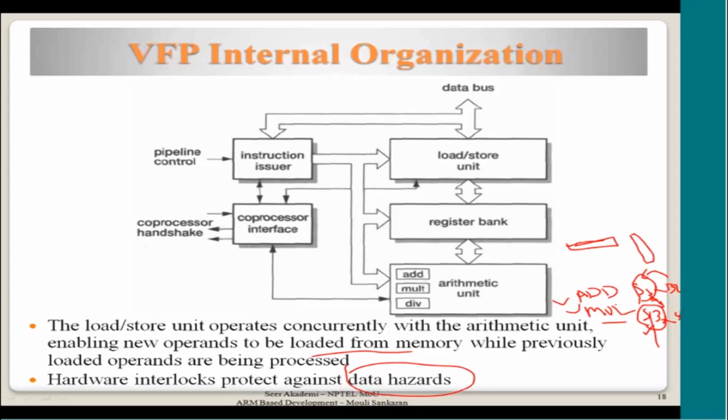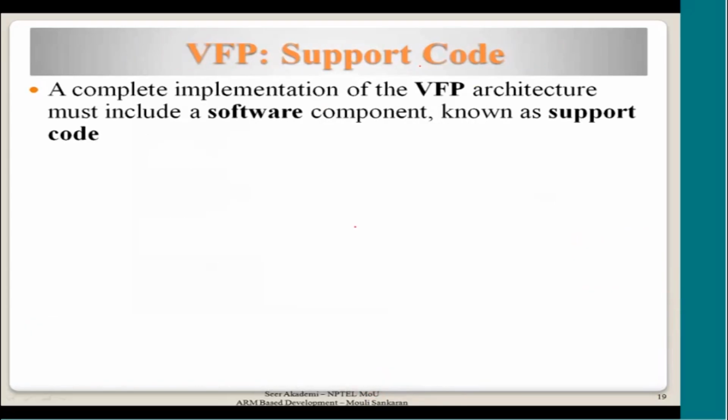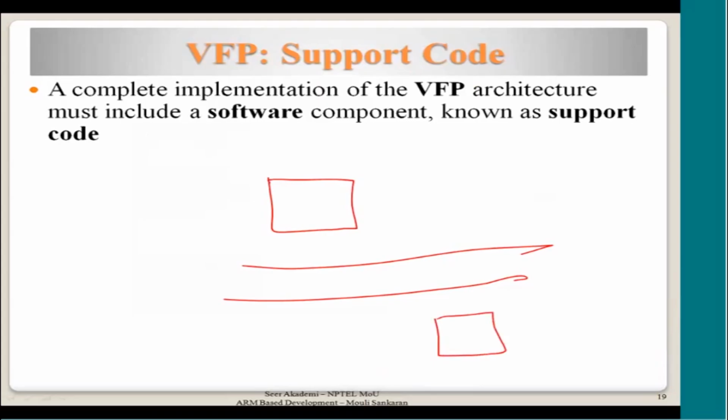Now let us see what the support code is. Again I have to give you a little bit of background. Again a similar diagram: I have an ARM and a VFP. Now I will not talk about just a coprocessor, it's a VFP coprocessor. Now if you recall IEEE 754, the floating point